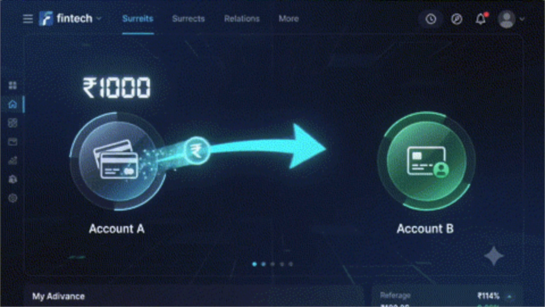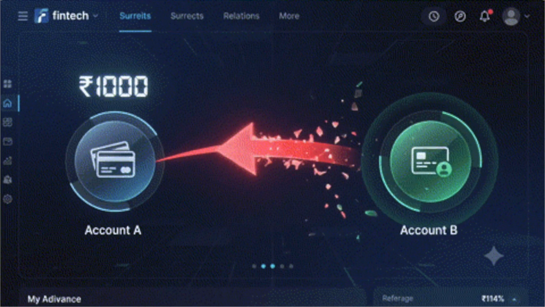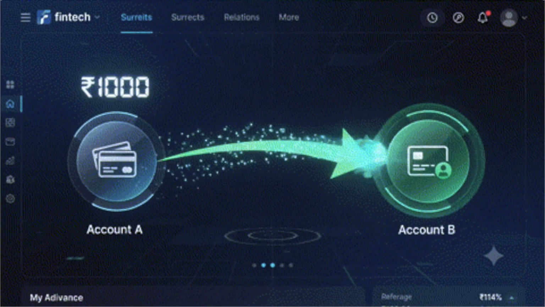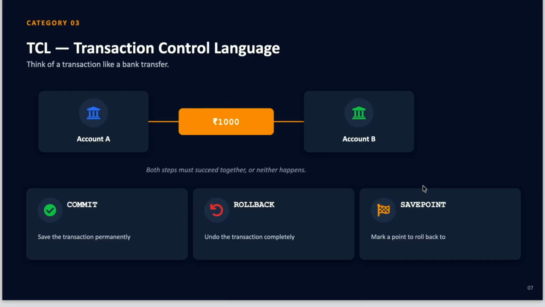Rollback: if there is some error in the transaction, like the amount is cut but not received, then we will roll back. So the information will not be saved in our database. So account A will receive its money back, which was cut and not received by account B. When you use UPI, sometimes you see that the amount is deducted but not received by the user to whom you have transferred. So it shows the message that you will receive your money in 2 to 3 days. So it's a rollback. It will be rolled back and come back to your account.